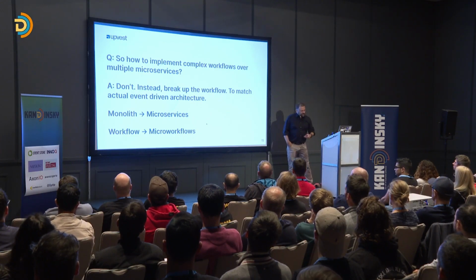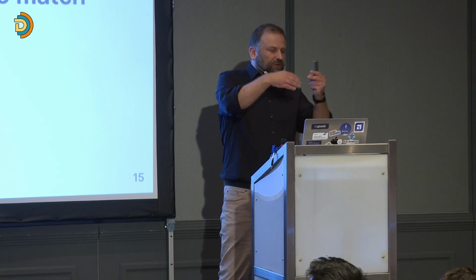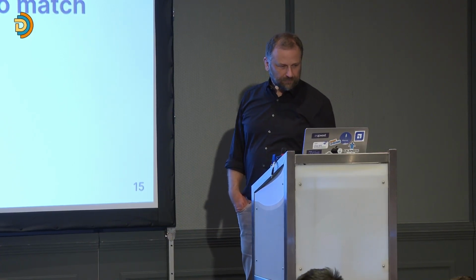What they don't do is actually challenge it and say, well, this doesn't match anymore. In a monolithic world or an ESB world, it makes sense, we can have these workflows. But now, when we really want autonomous teams that develop their own products as independent services, this doesn't fit in. We have to take the workflow and break it down. And this is a term that has only recently come up to discuss this better: micro-workflows. When we build microservices, we also have to break down our workflows into micro-workflows.